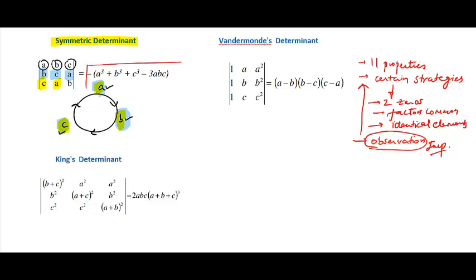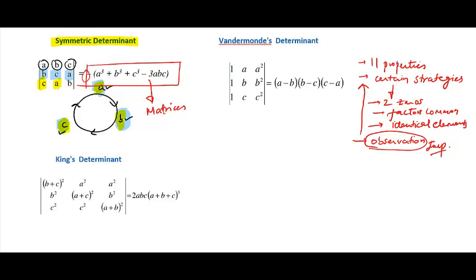and we have already proved that its value is given by this expression. So you have to learn this determinant. This is very important. This will be particularly useful in matrices. You will come across this determinant a lot in matrices. So it's better to learn its value. It is a cube plus b cube plus c cube minus 3abc. Do not forget this minus sign here, right?